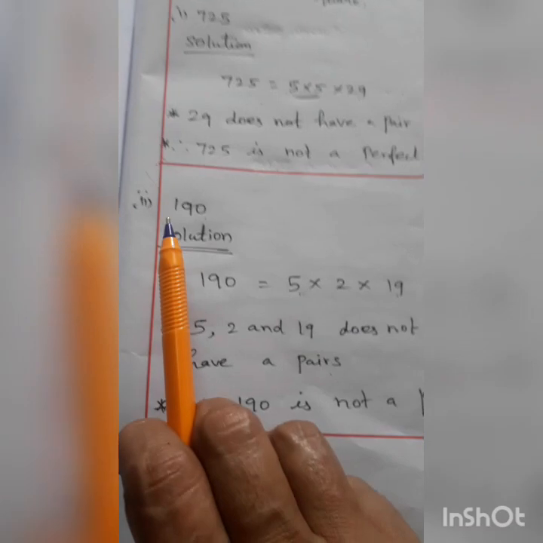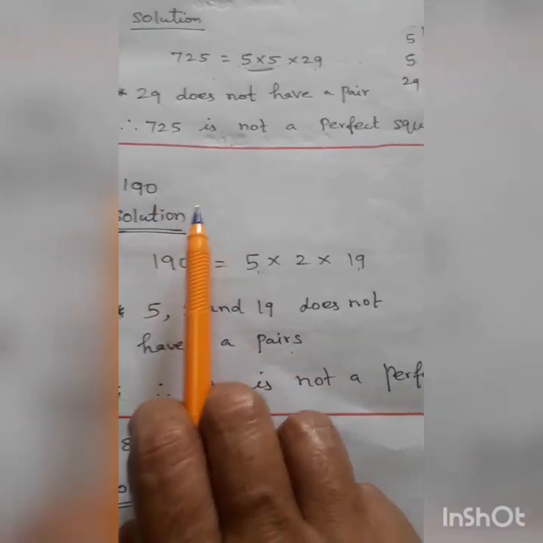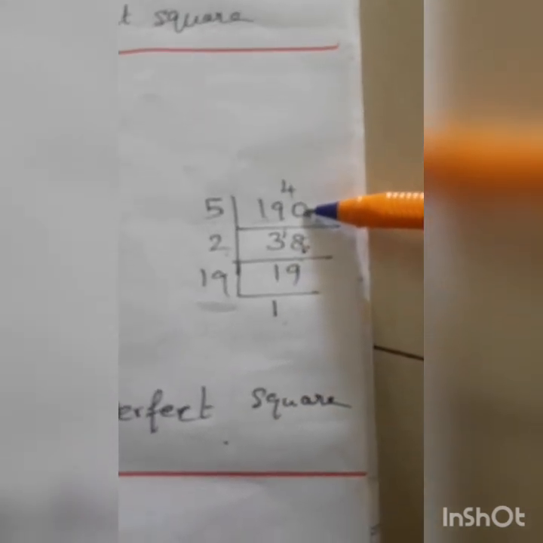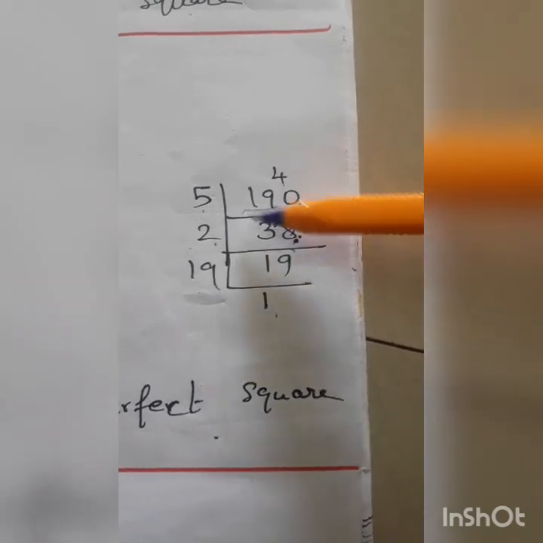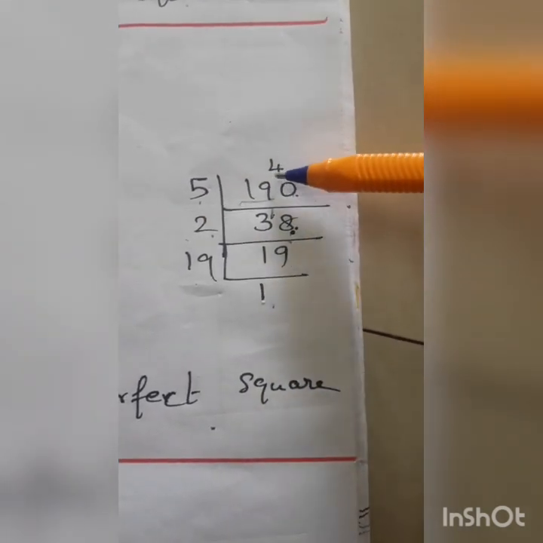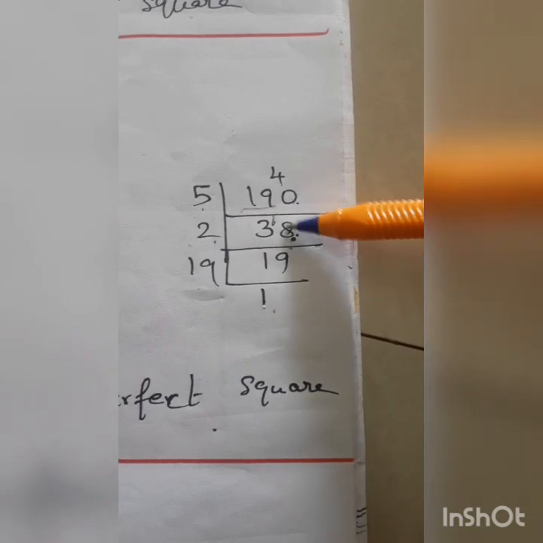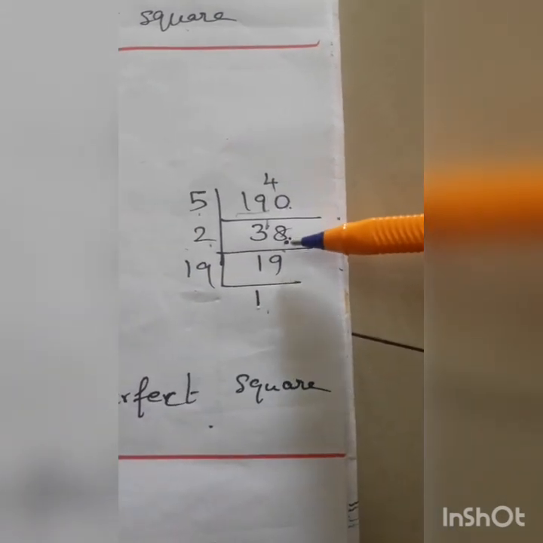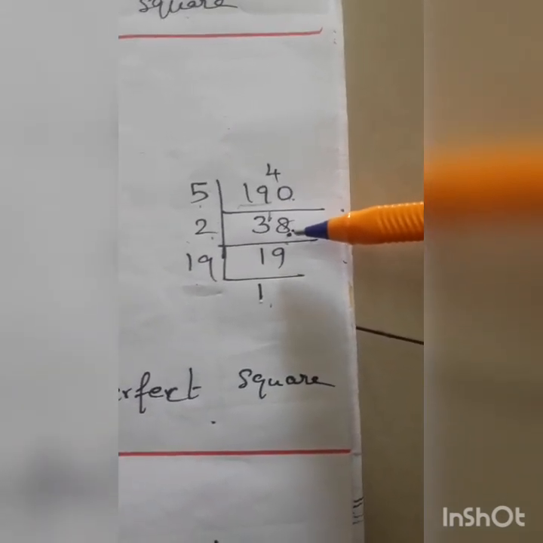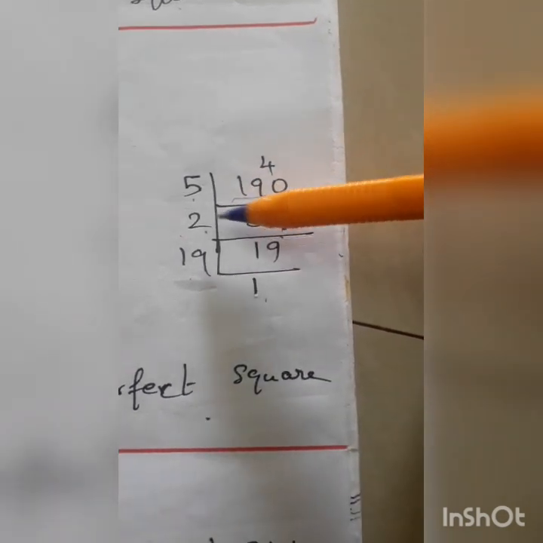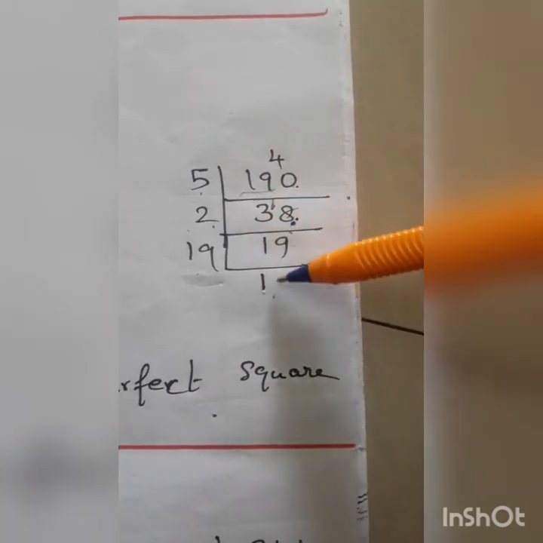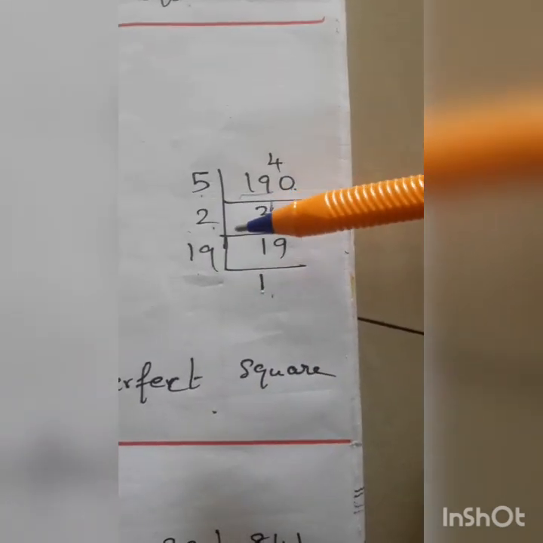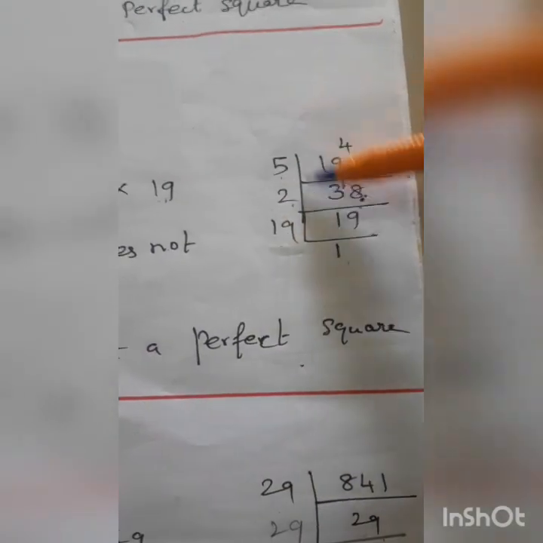Okay, now next sum, 190. Same method only, do the work. LCM method, divide the number. 0 and 5 over in one's place, you select the fifth table. 1 is not possible, 19. 3 5s are 15, remaining 4. 4 and 0 is 40, 8 5s are 40. 38 is an even number, you take the 2 table. 1 2 is 2, remaining 1, 9 2s are 18. 19 is possible in the 19th table. 1 19 is 19.